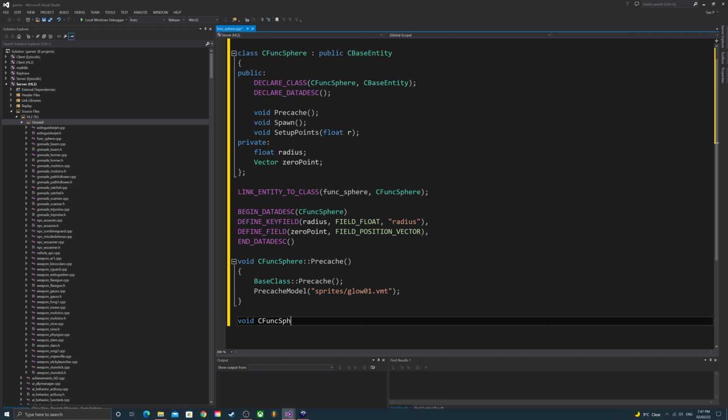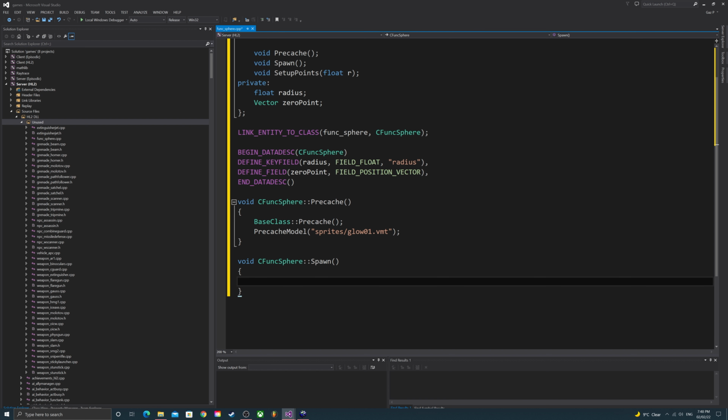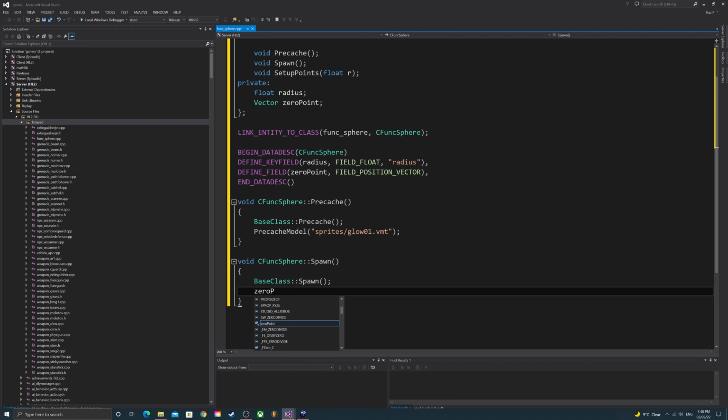Then CFuncSphere::Spawn to do the spawn function. And what we're going to do, well, we're going to do exactly the same thing as for precache, just do base class and then spawn. And then we're going to define our 0 point position vector. And I'm going to say it's get absolute origin. So wherever the entity is placed in the map, that's the vector, the position vector, our 0 point,